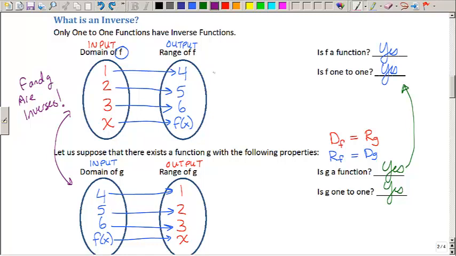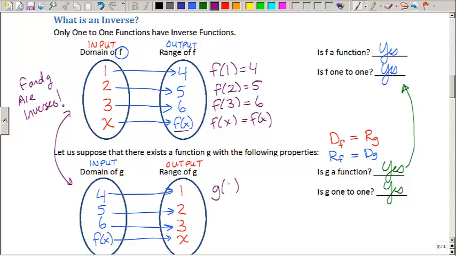Now let us write these mappings in function notation. f of 1 is equal to 4, f of 2 is equal to 5, f of 3 is equal to 6, and f of x, well, is equal to f of x. And that's how we got our f of x value here. Next, let's do the same thing for the g function. g of 4 is equal to 1. Notice that the domain and the range are exactly opposite in f and g. Similarly, g of 5 is equal to 2, g of 6 is equal to 3, and this last one here,